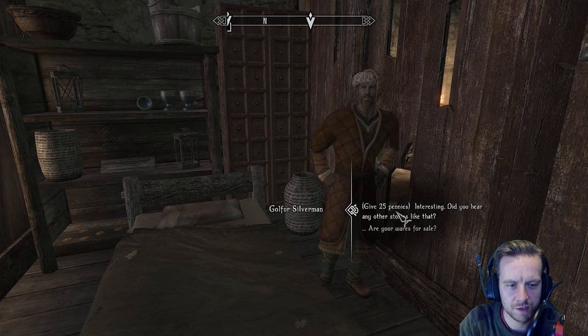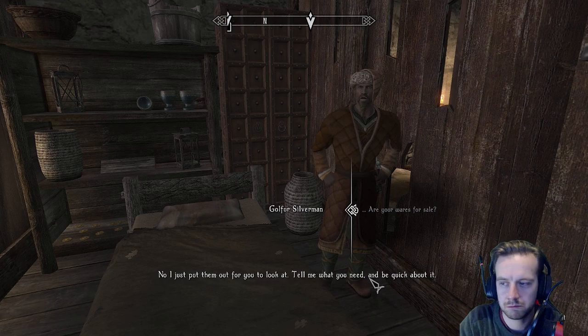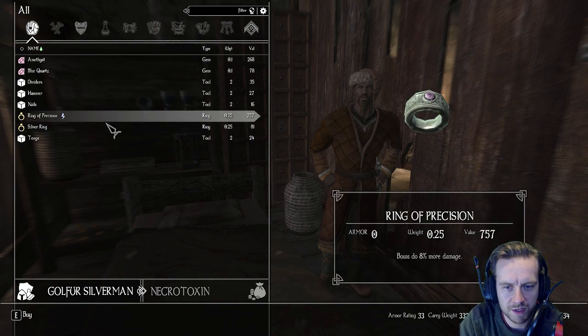Give 25 pennies. Interesting. Did you hear any other stories like that? Are your wares for sale? I just put them out for you to look at. Tell me what you need. Well, I can't see them. The sarcasm would work if you had them on display, but...